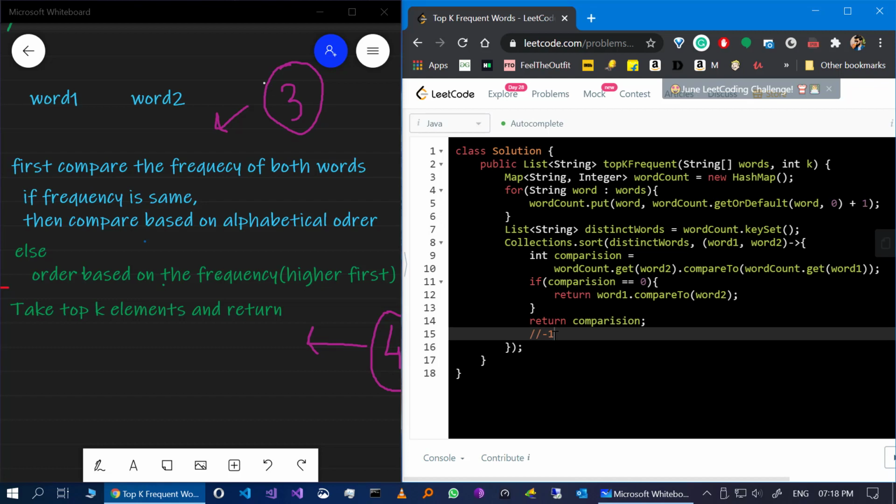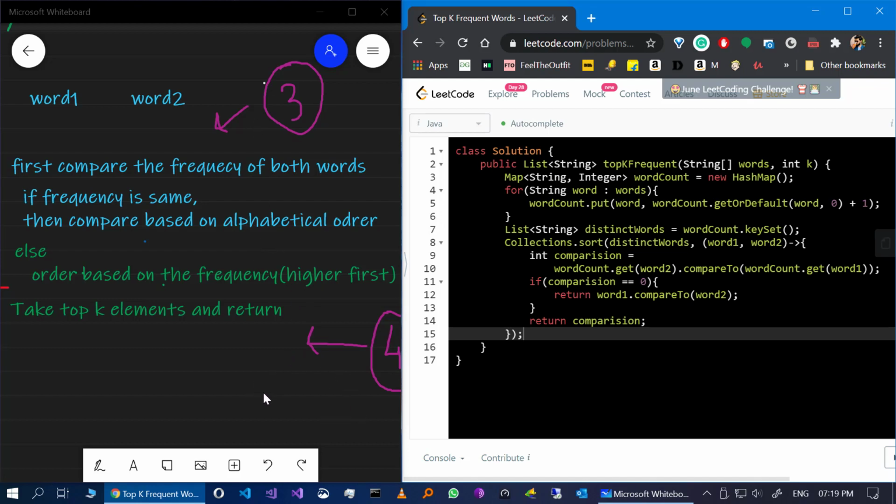If the comparison returns -1, then word1 will be put on top. If it returns 1, then word2 will be put on top, because word1 will be considered greater than word2. So here, since we want to sort in descending order, we just change the order of their comparison. So with that, our third step is done.